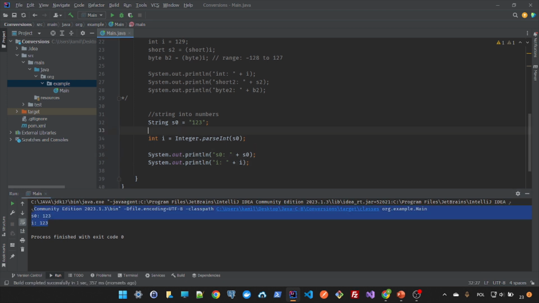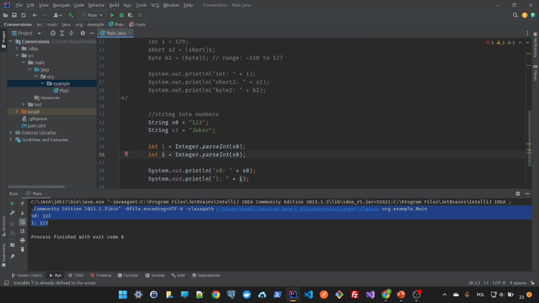And what if the string is not valid? Because here we've got a number, of course, but someone can put as a string a sort of another chain, like a name or something like that, like Joker, let's say. And let's try to parse into